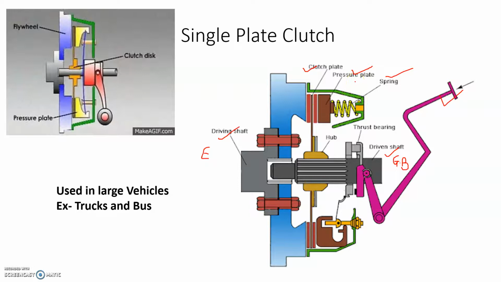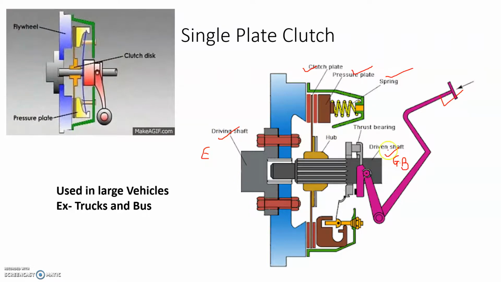The pressure plate is a heavy mass plate with a flat surface, and it gets engaged with the clutch plate. Next we have a thrust spring, which is mounted in between the pressure plate and clutch plate. This spring is responsible for keeping both these plates in engaged position when the pedal is in upward position. Next we have a clutch cover as well.